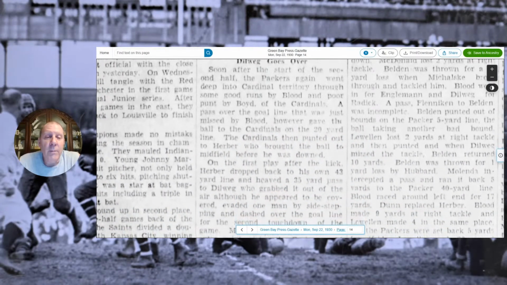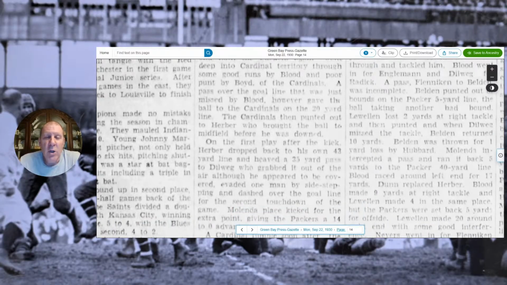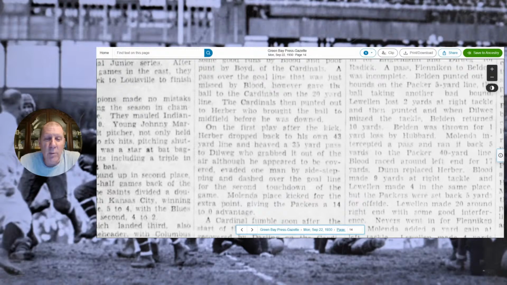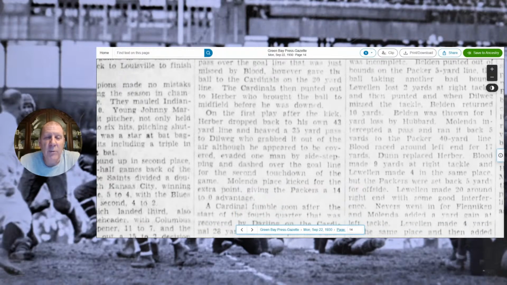Dilweg goes over. So, his score was 7-0 at the half. Soon after the start of the second half, the Packers again went deep into Cardinal territory through some good runs by Blood and a poor punt by Boyd of the Cardinals. A pass over the goal line that was just missed by Blood, however, gave the ball to the Cardinals on the 20-yard line. The Cardinals then punted out to Herbert, who brought the ball to the midfield before he was